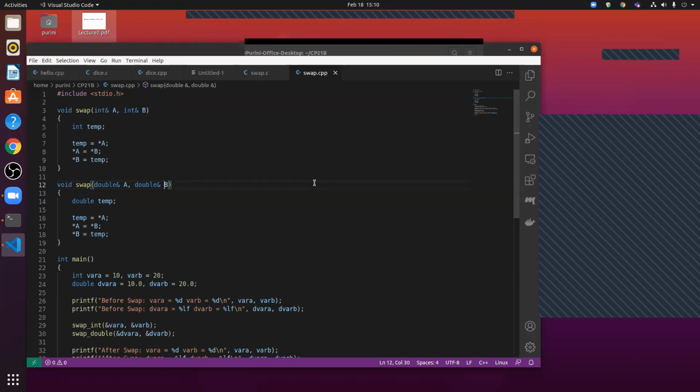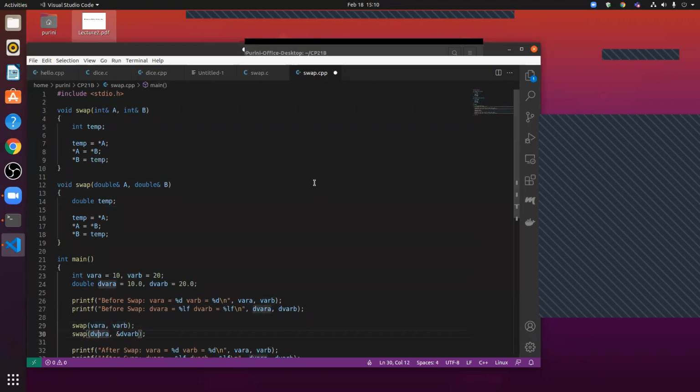The second difference is the parameter. On line number 29, we don't call swap int, we just call swap. And the second thing we do is pass variables by reference. We don't pass the address.